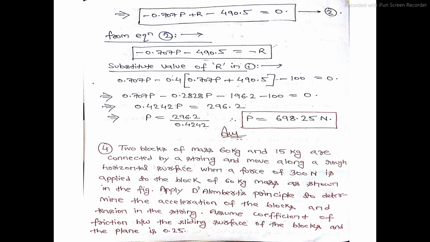string and move along a rough horizontal surface. When a force of 300 Newton is applied to the block of 60 kg mass as shown in the figure, apply D'Alembert's principle to determine the acceleration of the blocks and tension in the string. Assume coefficient of friction between the sliding surface of the block and the plane is 0.25, and in this problem